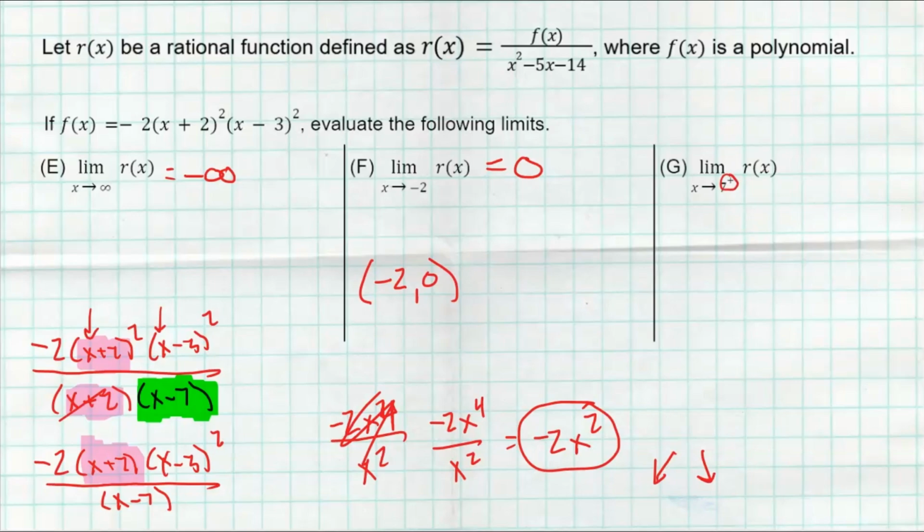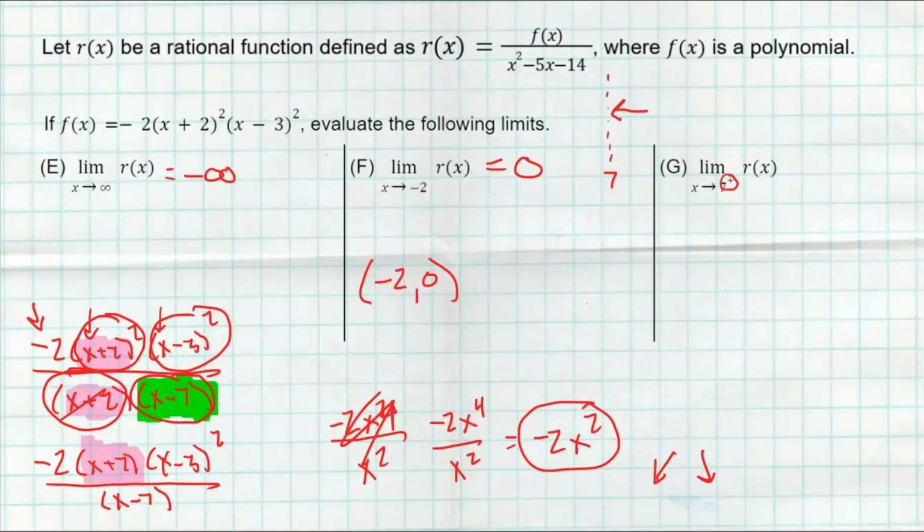Now, what I like to do is think about that vertical asymptote at 7, and if I'm approaching it from the right-hand side, think about a number that's just to the right, like maybe 7.5. So if I plug in 7.5 right here, it's going to get squared and become positive. If I plug in 7.5 right here, it's going to be positive because 7.5 minus 7 is positive. So all those factors are going to be positive if I plug in 7.5, but because there's this constant negative 2 being multiplied out in front, I'm going to get an overall negative, because a positive times a positive divided by a positive, but multiplied by that negative out in front,